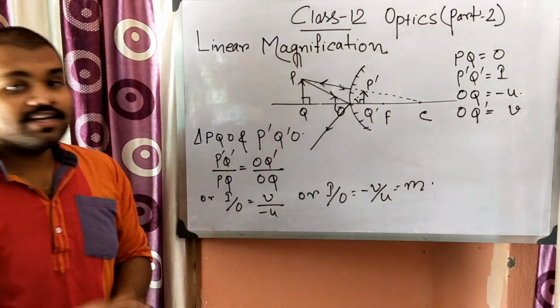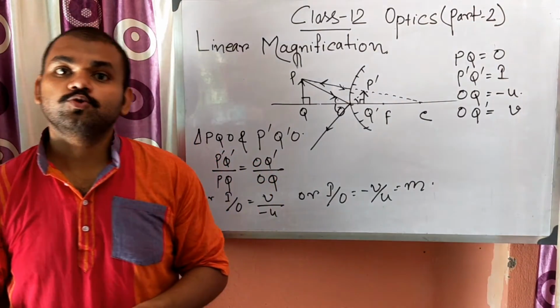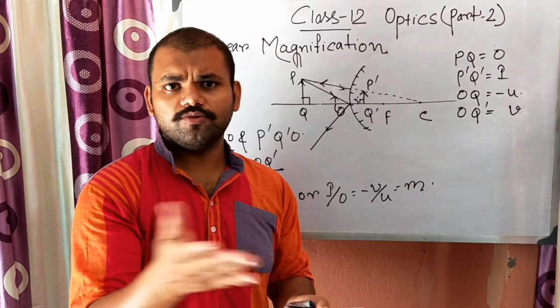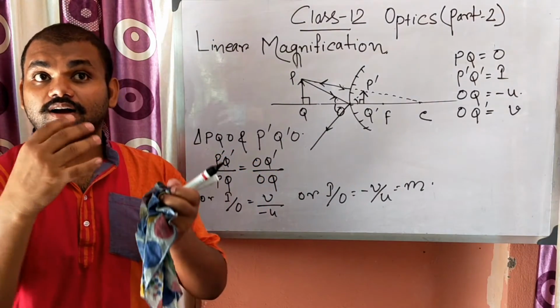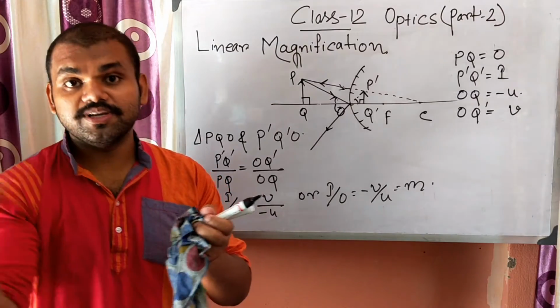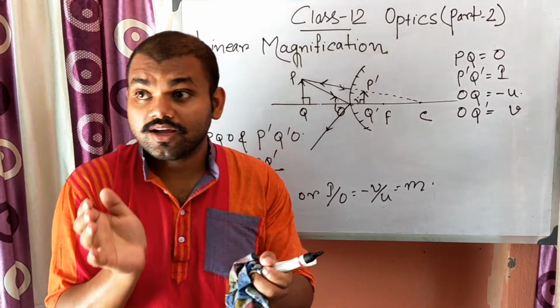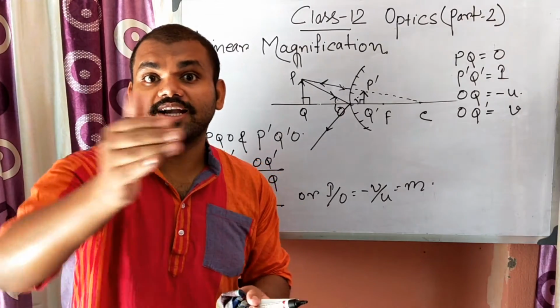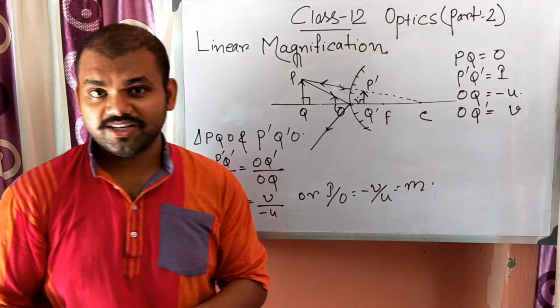And what are the uses of convex mirrors? Convex mirrors are used as vigilance mirrors. In shopping malls you will see big convex mirrors placed, and in case of a long or sharp bend or sharp turning of a road, you will see a convex mirror.